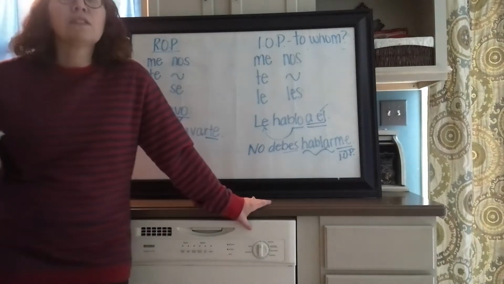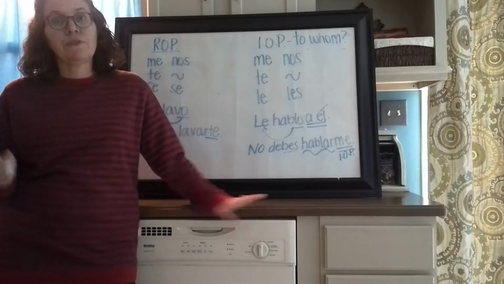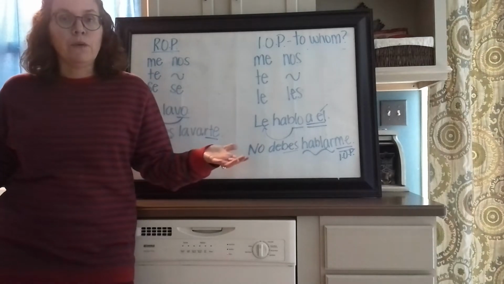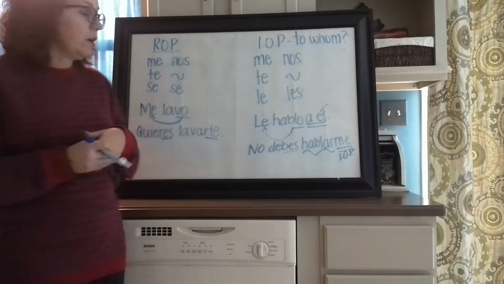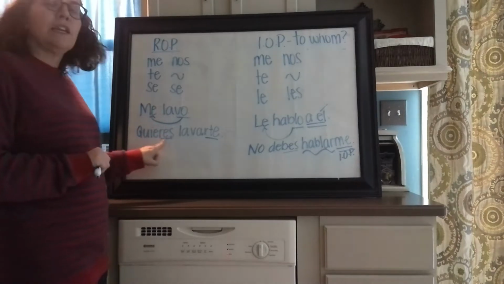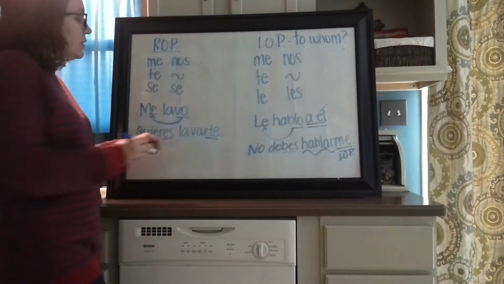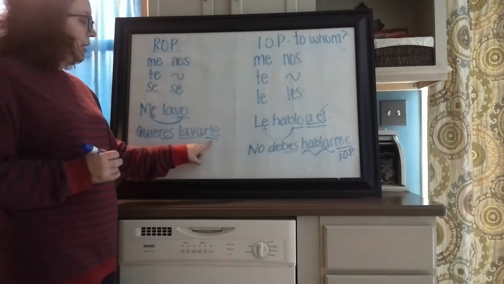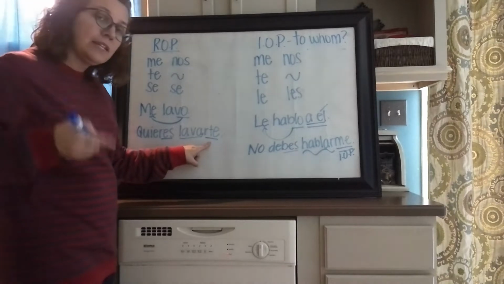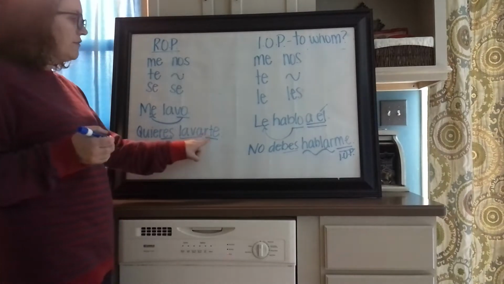But we know there are reasons why we don't conjugate verbs. The number one reason that we know, and we learned way back in Spanish 1, is you can't conjugate two verbs in a row. So in this case, quieres is a conjugated verb. The next verb is lavar, and then we change up the pronoun and attach it to the end because we attach to the infinitive: quieres lavarte.